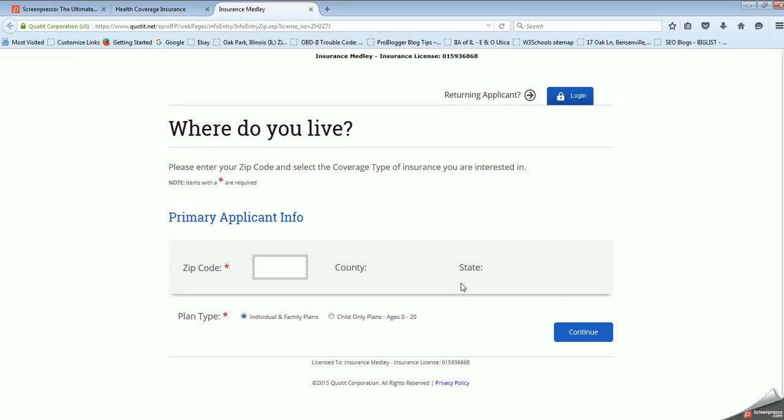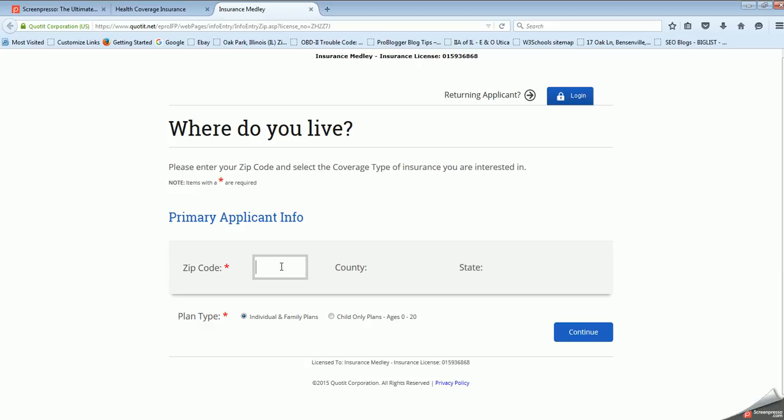The first item of information that is needed in order to obtain a proper health quote would be the entrance of a zip code. Our company is based out of Illinois, even though we work in all 50 states via the internet. We will use a Cook County zip code in Illinois.